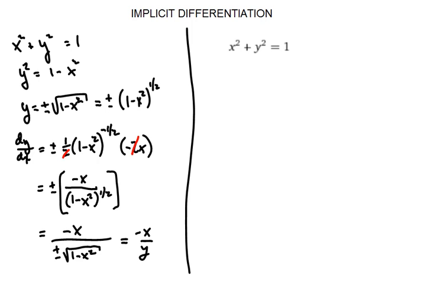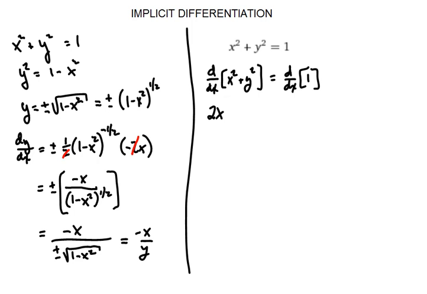Alright, so we're starting with x squared plus y squared equals 1. Well, what I want to do is take the derivative of both sides with respect to x. And so I have the derivative with respect to x of the quantity x squared plus y squared is equal to the derivative with respect to x of 1. Now, when we're taking derivatives with respect to x of any term that's written in terms of x, that's easy to do. So first of all, on the left side of the equal sign, we know that we're working with a sum, so we're going to use the sum and difference rule here. So we want to split this up, and we know that the derivative with respect to x of x squared